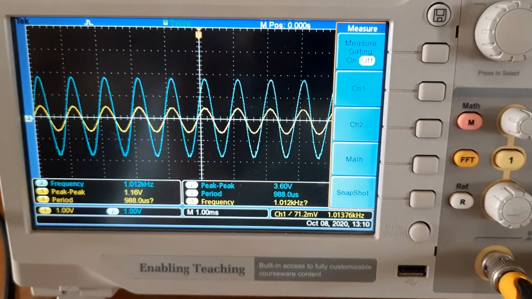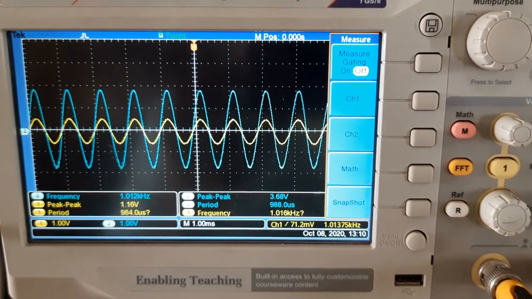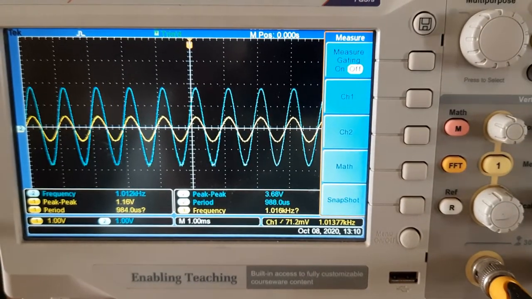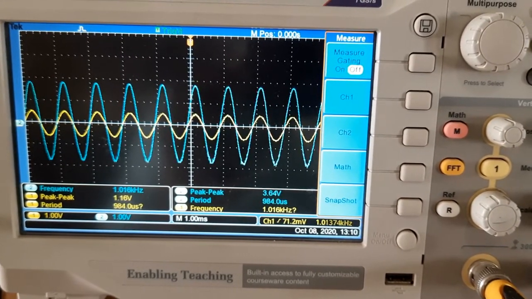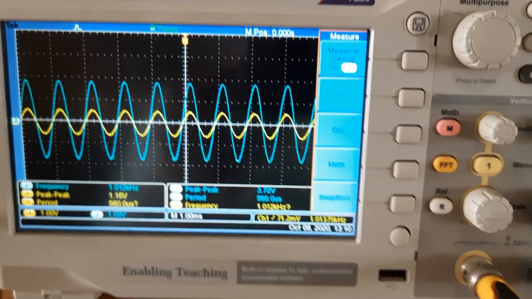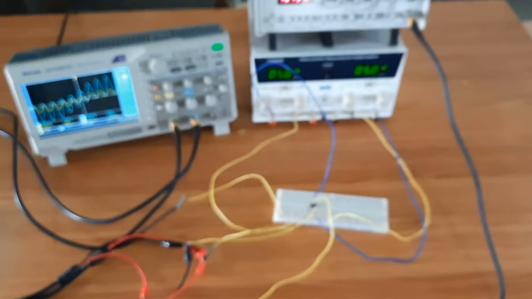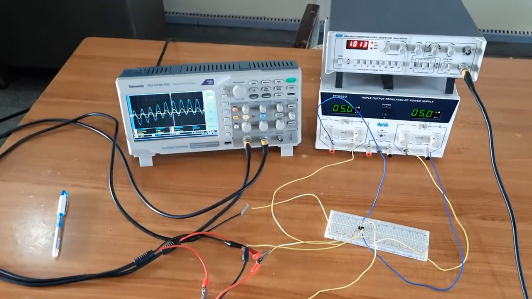So if you see the gain of this one, 3.6 by 1.1 is around 3.2. So our objective is satisfied. So the aim of the experiment is to design a non-inverting amplifier with a gain of 3.2.